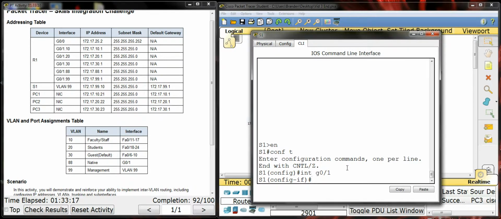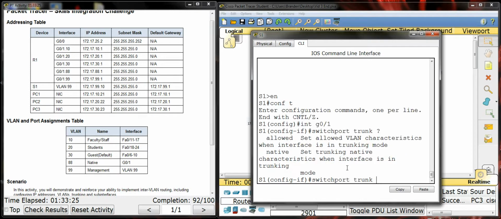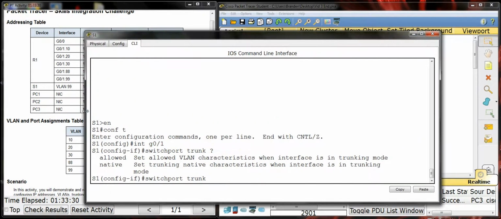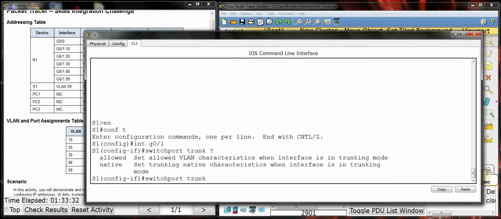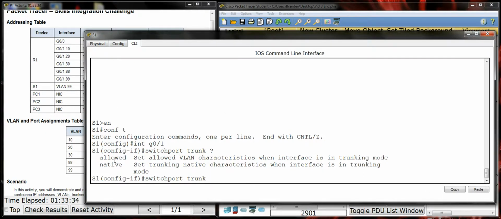What you're gonna do is type switchport trunk allowed, and you can use the question mark too to help you get through this. If you don't remember exactly what the command is, it'll tell you up here. So see right here, the next thing I can type is native or allowed. So I'm going to do switchport trunk allowed